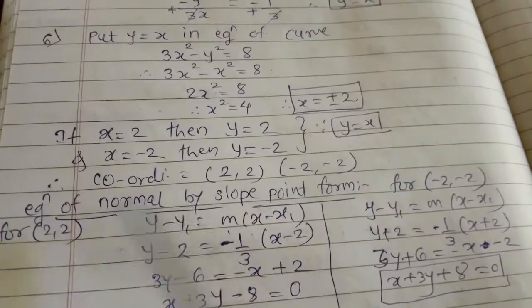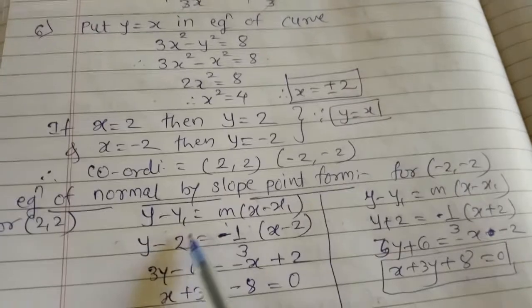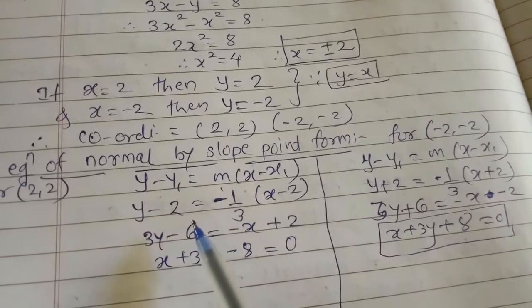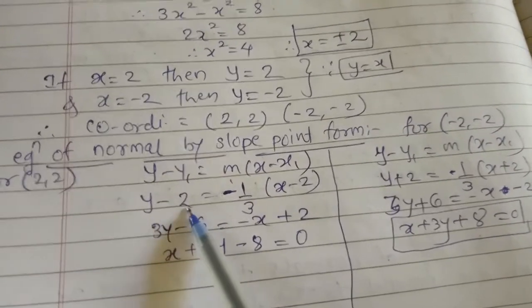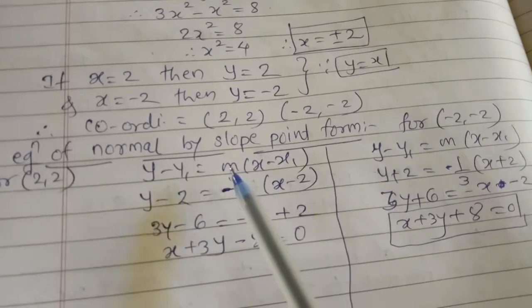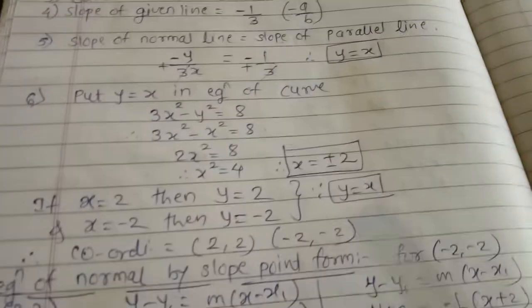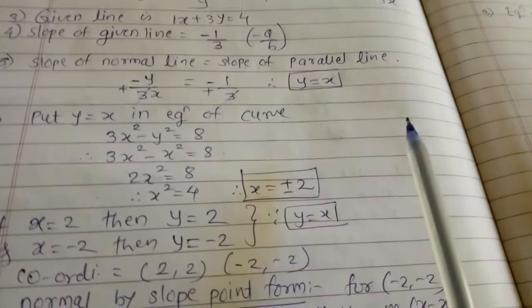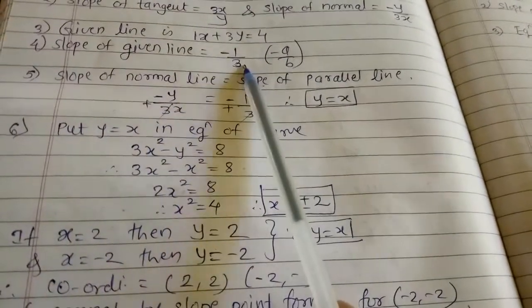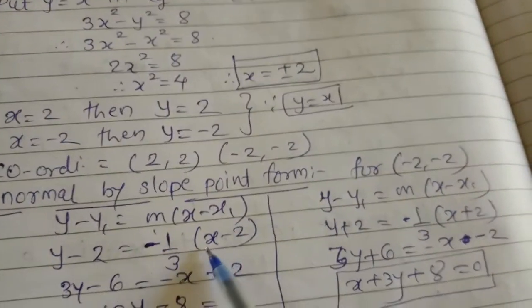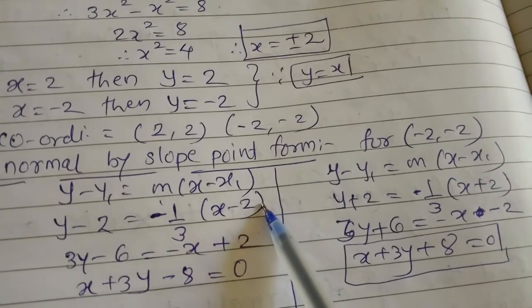First we are taking the point that is (2, 2). तो यहाँ पे हम x और y की वैल्यू 2, 2 पुट करेंगे. y minus 2, y1 is 2 and slope हमने ऑलरेडी पहले ही फाइंड आउट किया था. तो स्लोप है minus 1 by 3. So x minus 2